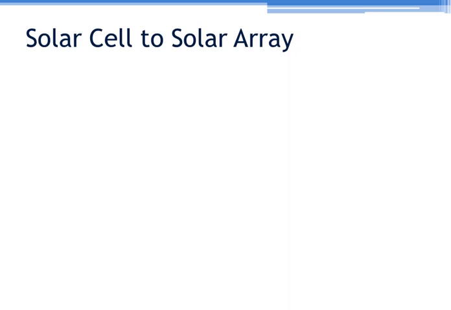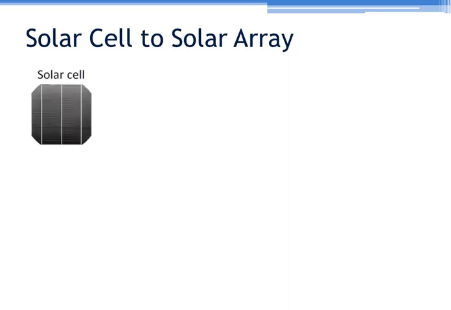So we want to move from solar cell to solar array. The fundamental unit in a solar power system is called a solar cell. This solar cell's working is similar to the working principle of a PN junction diode. Each solar cell has some current rating and voltage rating. There are three important parameters when we select a solar cell. First one is short circuit current ISC, second one is open circuit voltage VOC, and third is maximum power Pmax, which is the product of short circuit current and open circuit voltage.